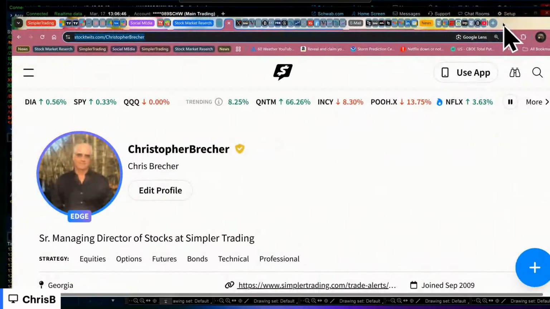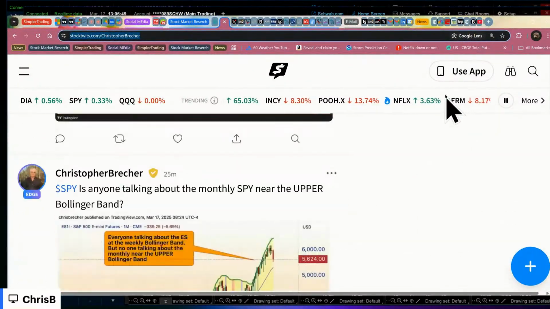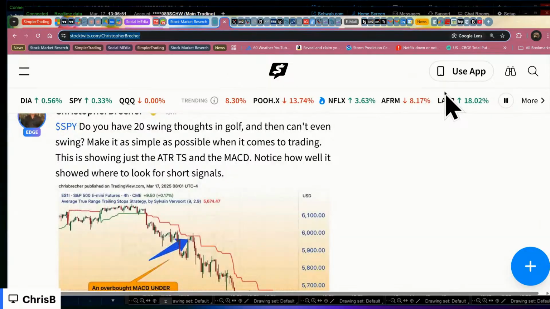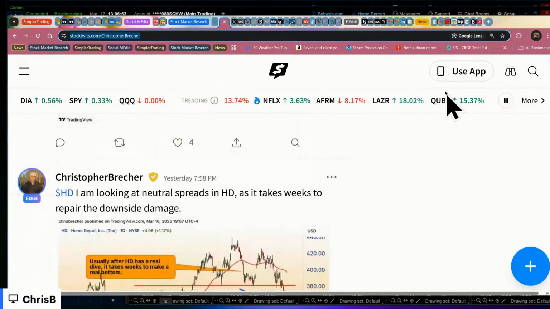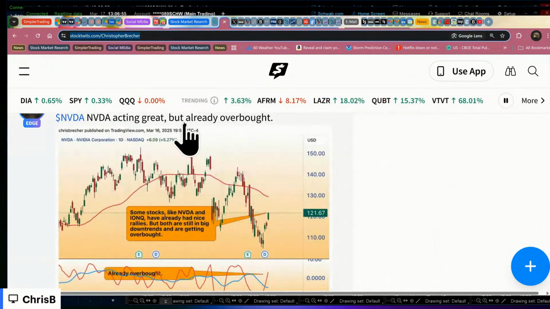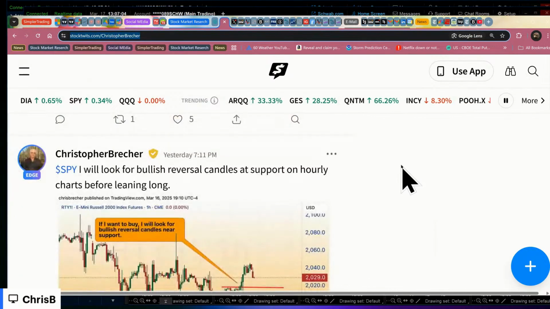Oh, it's really nice when we put a short idea before the opening. Just keep that in mind. Already overbought. That's before the opening. Then we look for the reversal pattern. So keep that in mind. The other thing,